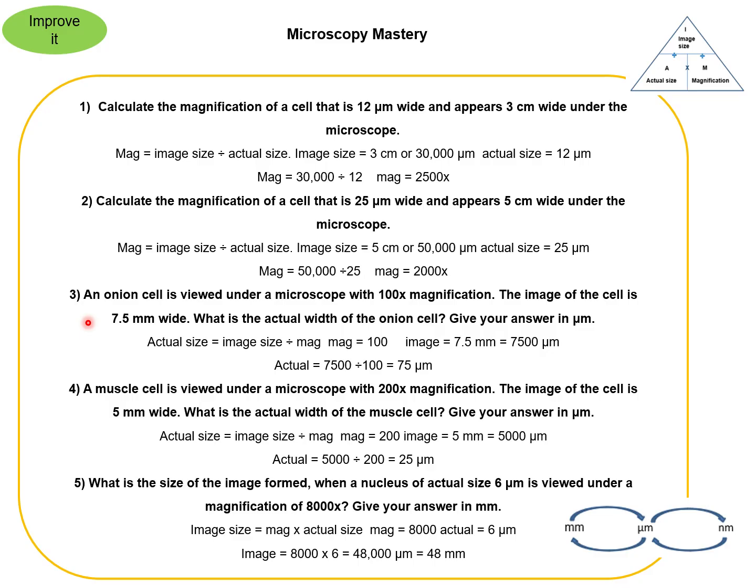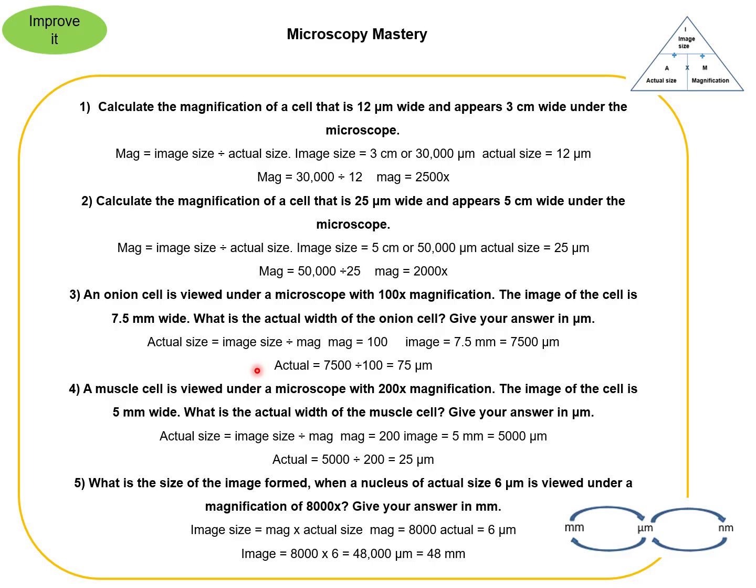Okay, so we're finding the actual size this time. So use the formula triangle if you need to. So because we're finding actual size, we cover that up with our thumb and see what we're left with. So that means we have to do image size divided by magnification, which I've written there for us. And then the image size is 7.5 millimeters, which is 7,500 micrometers, because that's just to multiply by 1,000. So then the actual size is 7,500 divided by 100,